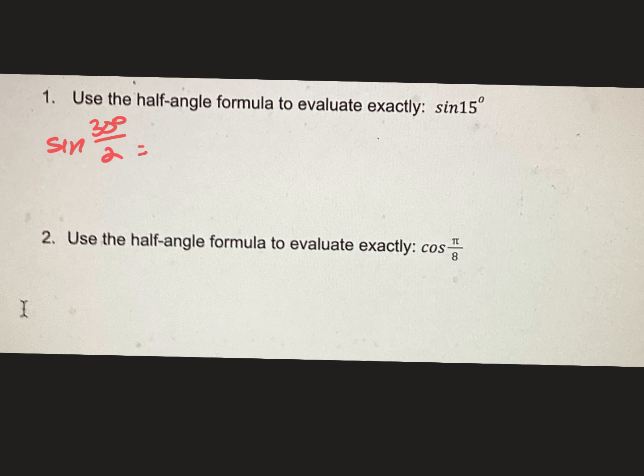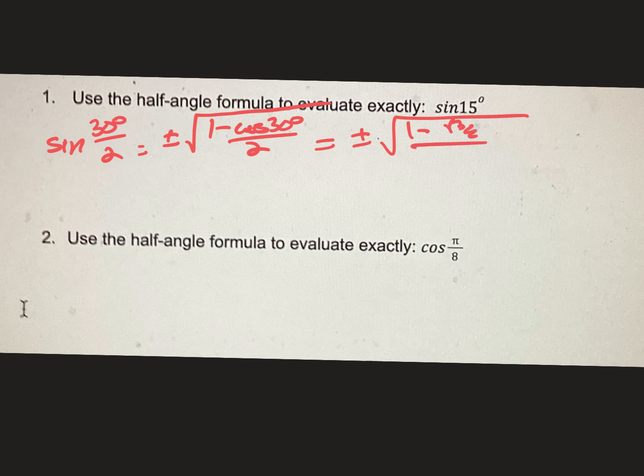And I'm looking at my sheet right here for half angles. For the sine, it says plus or minus square root of 1 minus cosine of x, and x is the angle we changed it to, cosine 30. So let's just work that out. Everybody knows cosine 30 is square root of 3 over 2. That's all over 2. And remember, we cannot leave that 2 on the fraction side of fractions. So I'm multiplying the whole top and whole bottom by 2, which gives me plus or minus 2 minus the